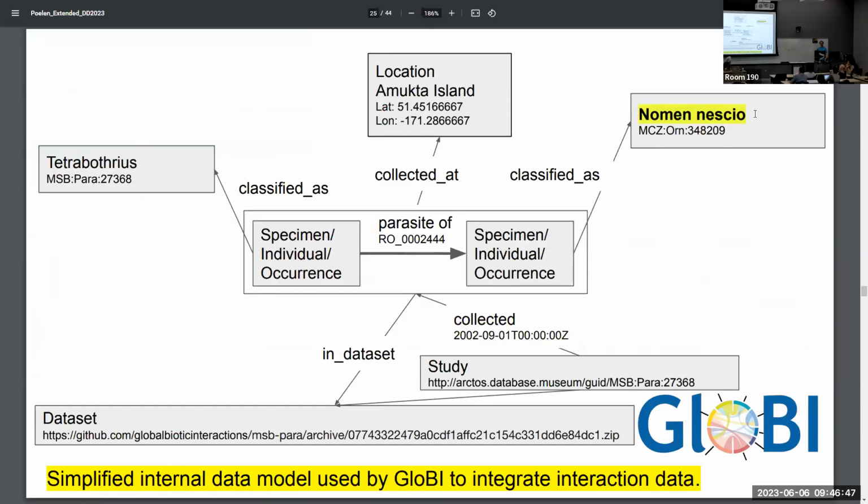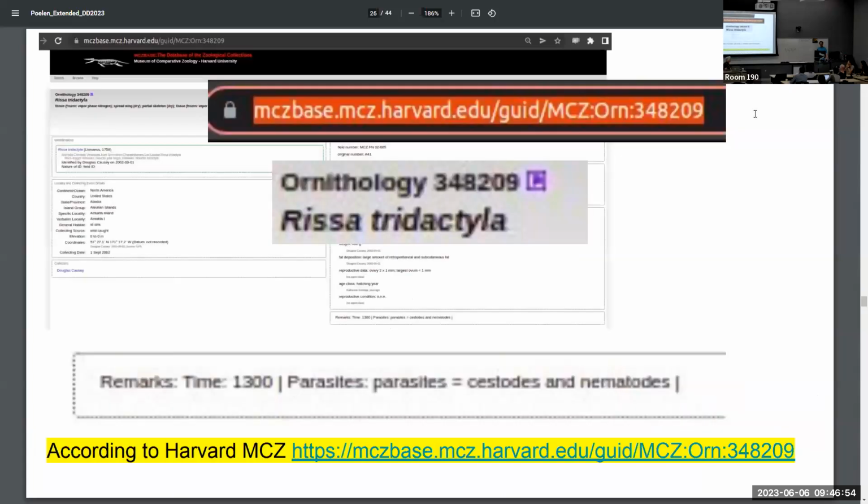Because you have to click on the link, you have to follow it. So I made a little robot that clicks on the link and gets the data. And I'll get to that later. If you click on the link yourself, then you get to this landing page. You get to see a name, right? So that's